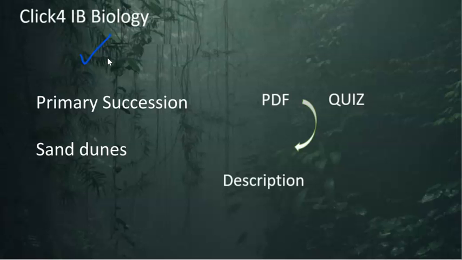We're studying environmental stability and change. And here we've got a second example of primary succession on sand dunes, how sand dunes develop. There's a blank PDF of this presentation down in the description. Annotate that with your own notes and then take the quiz of 10 questions with answers to check your progress